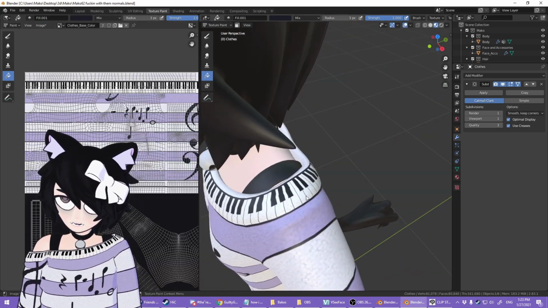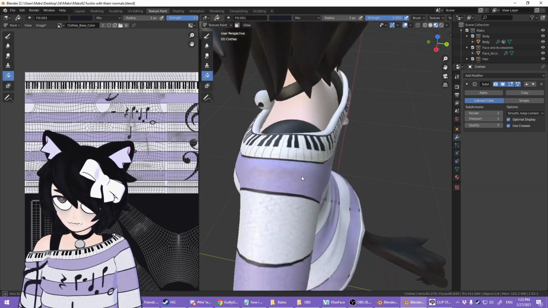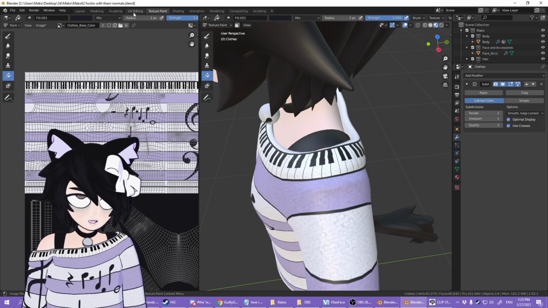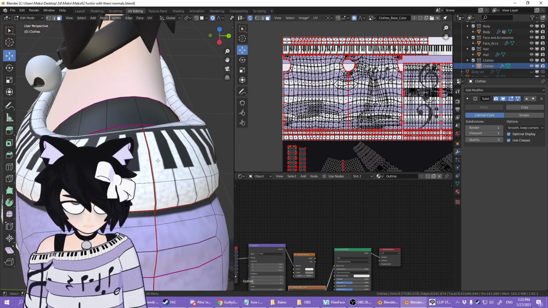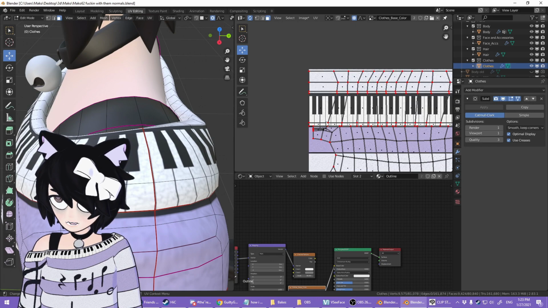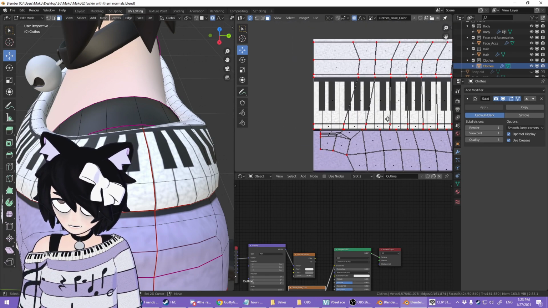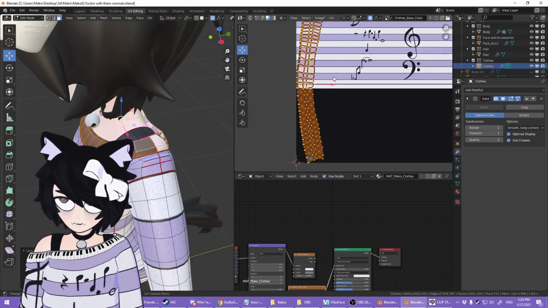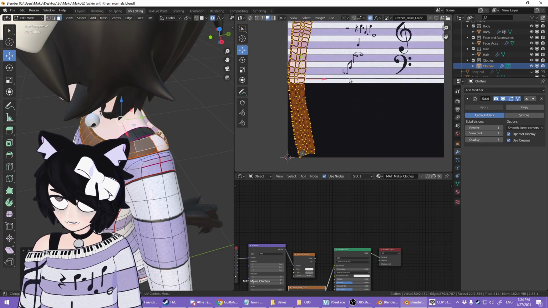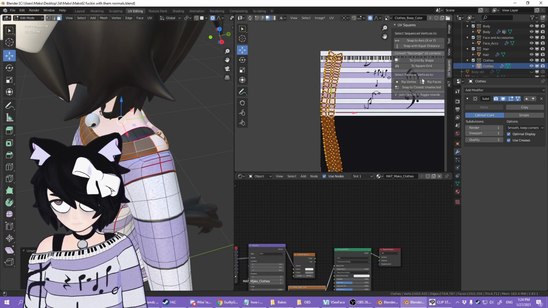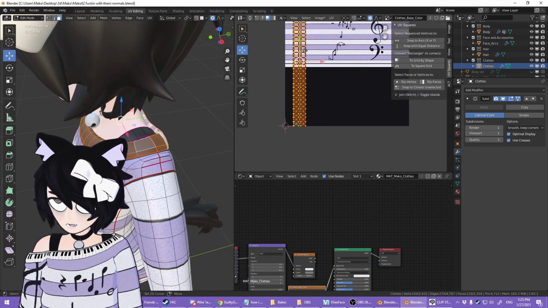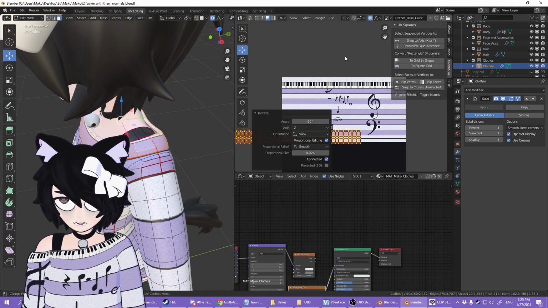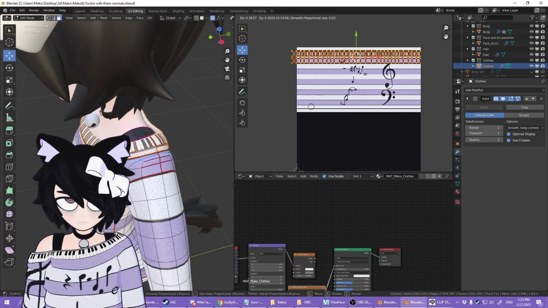And my piano collar perfectly loops around in a seamless way. You can't tell where it starts and ends. I can show you where it starts and ends though. It's right here. I went ahead and intentionally lined this up in such a way that it starts and ends right on a C note. Well, the line separating a B from a C. So originally I had this mess to work with after unwrapping it, but UV squares came in handy. I went ahead and did that, rotated it 90 degrees exactly, slid it on up here.